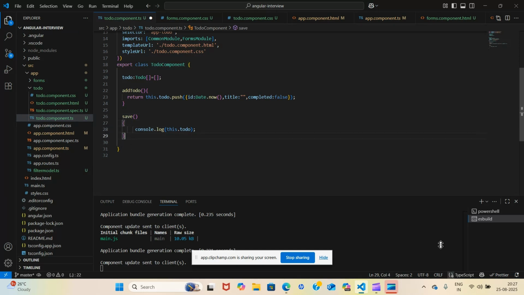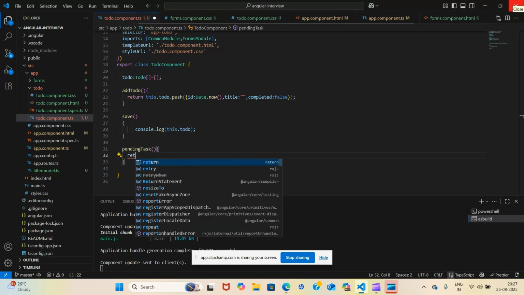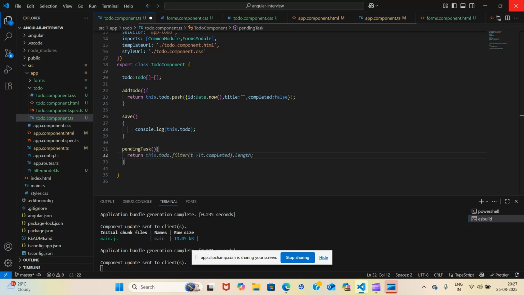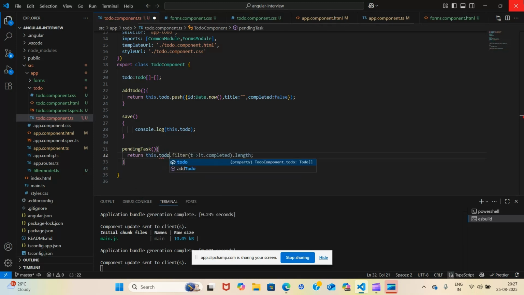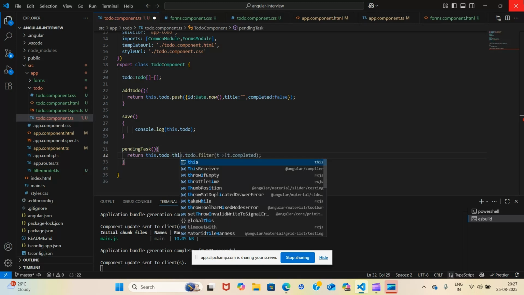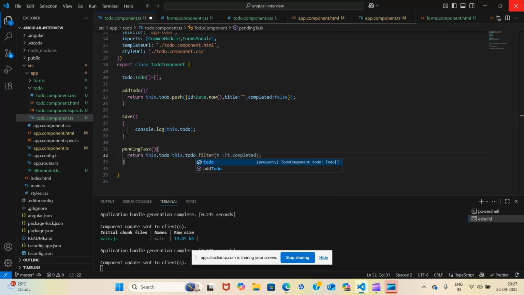Okay, so for pending, create one function, pending task. Now return, I want all the tasks to be shown. Okay, so I'll store in this todo after filtering.